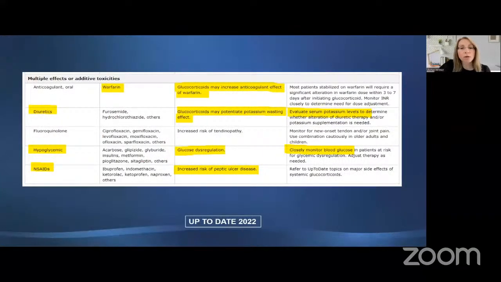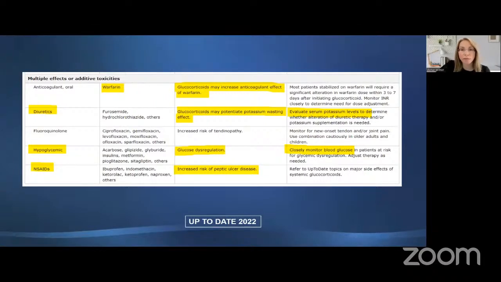In addition, glucocorticosteroids may increase the anticoagulant effect of warfarin and may potentiate the potassium-wasting effect of diuretics. They may also cause glucose dysregulation in diabetes patients and may increase the risk of peptic ulcer disease in patients